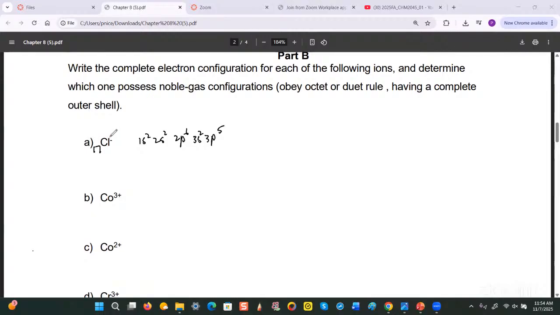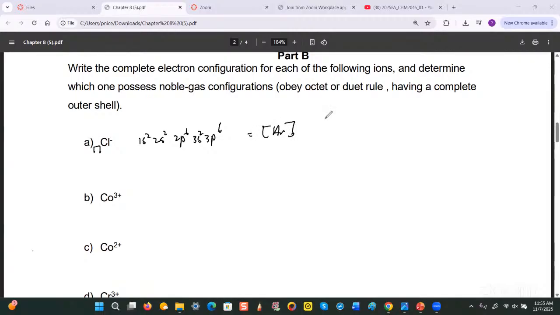So to get from the chlorine to the chloride, what do we do? We add 1 electron to this, so this becomes 6, right? And the question is asking if it has a noble gas configuration, and the answer is yes, because all the shells are completely full. In fact, this has the same noble gas configuration as argon,